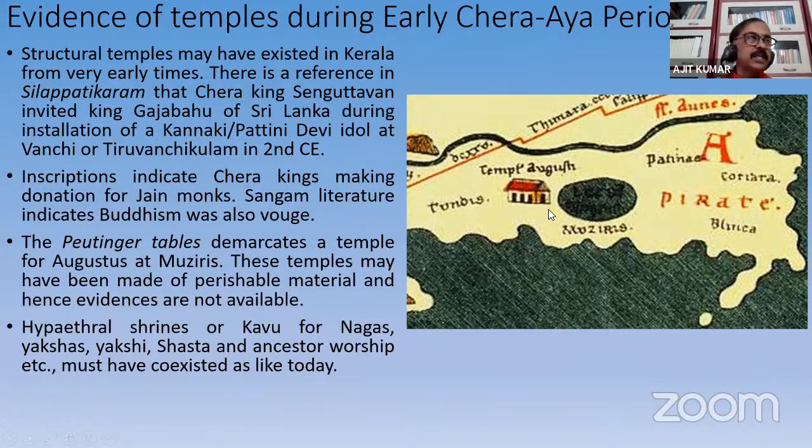It clearly indicates there was a Greco-Roman populace in Muziris, which reached there due to trade, and the excavations at Pattanam close to Kodungalur have yielded a large amount of evidence of Greco-Roman trade in the form of amphora and other pottery, clearly indicating the flourishing trade between the Kerala coast or Muziris and the Persian Gulf. So this temple is interesting because, as it is depicted, you notice that entrances into